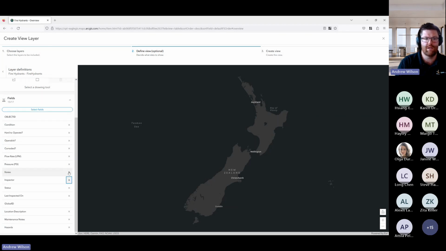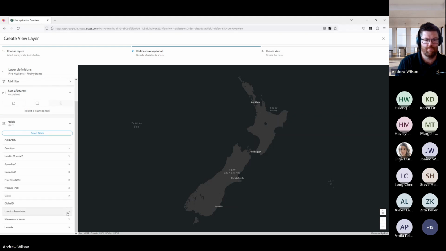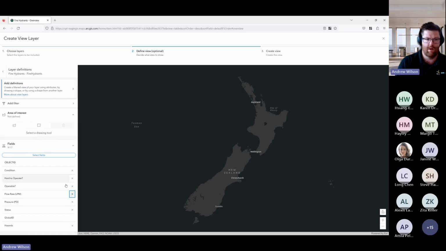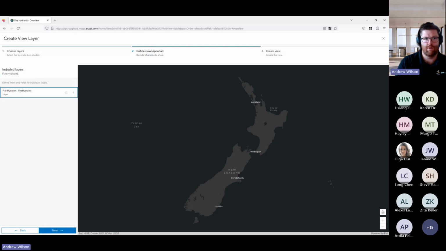So I can remove these from the view. I might leave headers there because it could be a good use case for people to be aware of. When I'm happy with that, I can go through and go next.